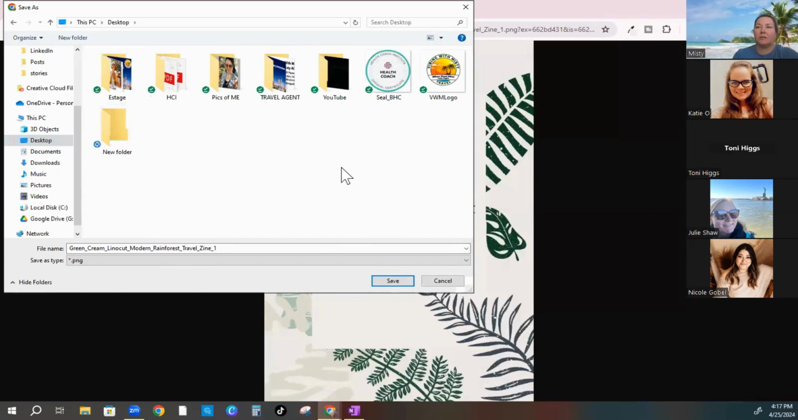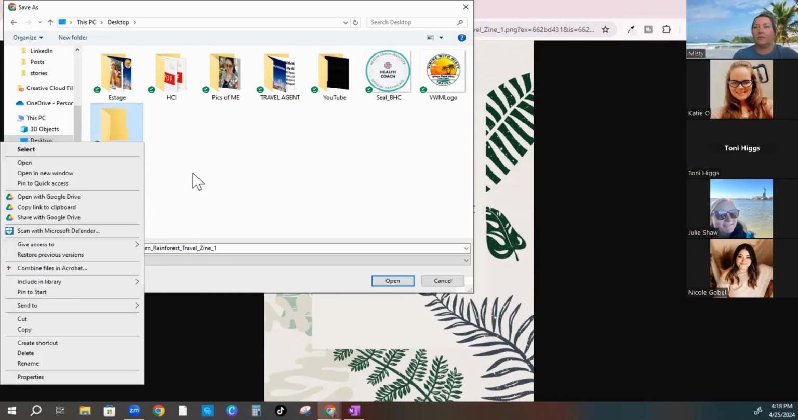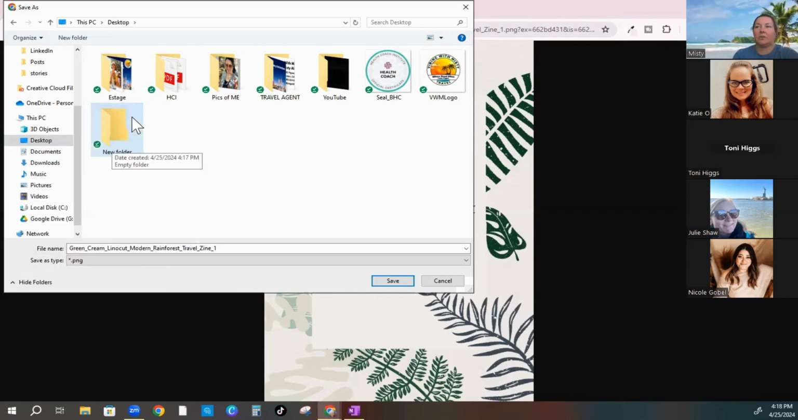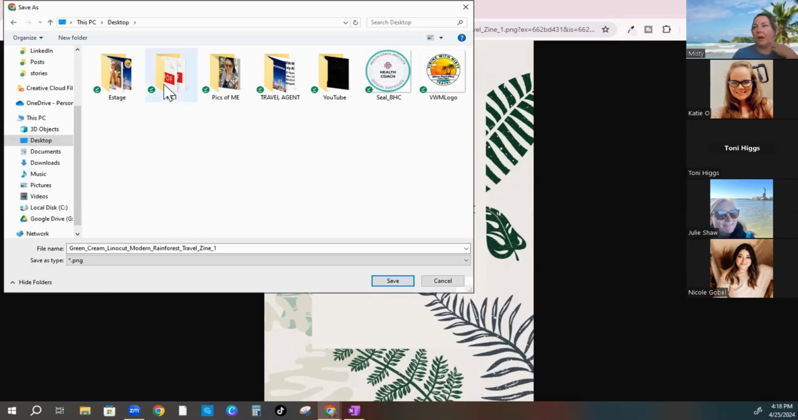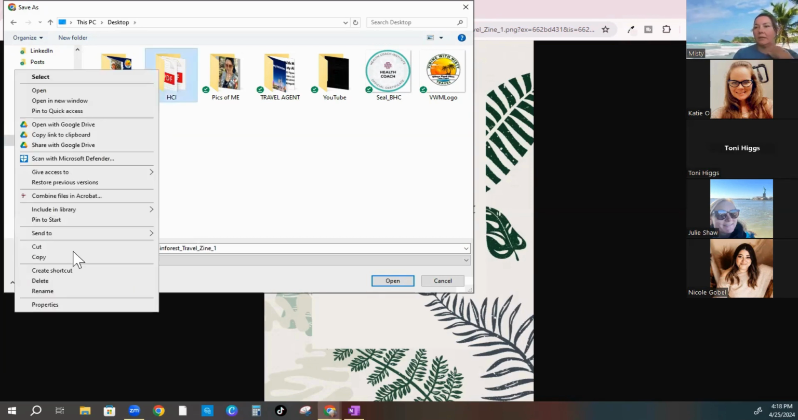Or if for some reason it's not highlighted, you just click slowly a couple times until it's highlighted, and then you can type over it. So that's just a real quick overview of how to. If you want to delete it, you just highlight over it, right click and delete. If you want to rename it, you highlight over it, right click and rename. Okay, so those are the different